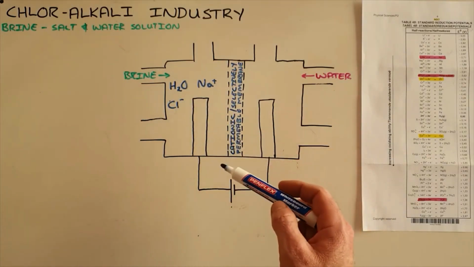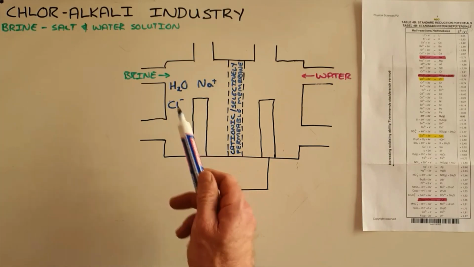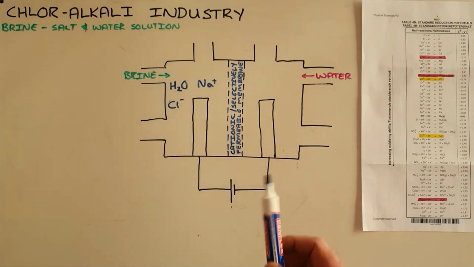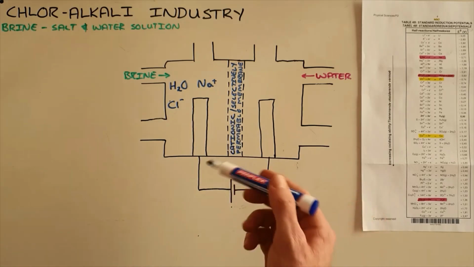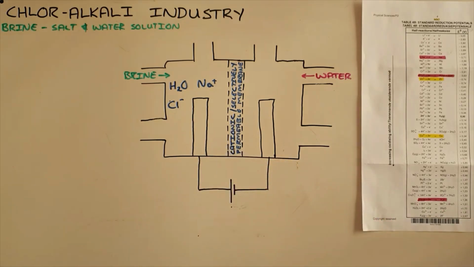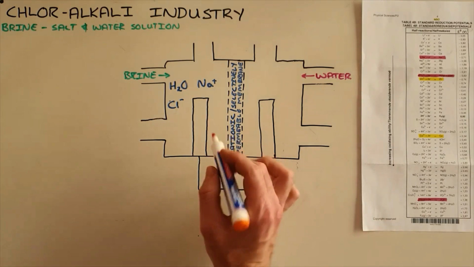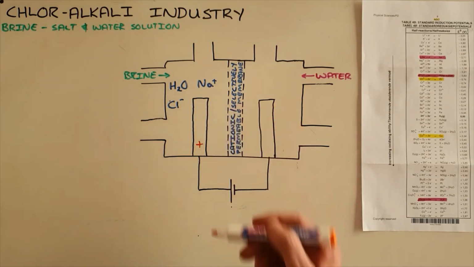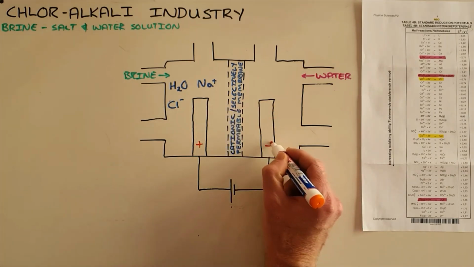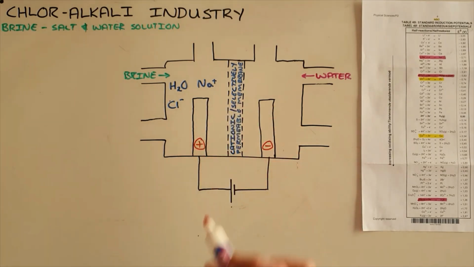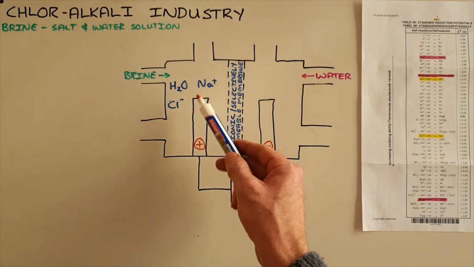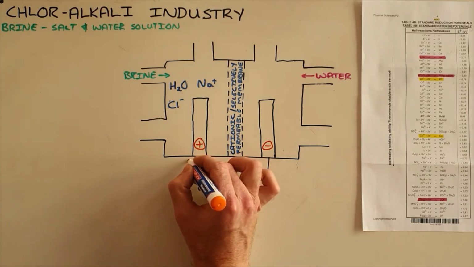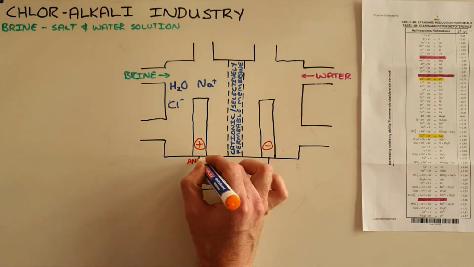This cationic membrane means that it only allows cations, positive ions, to move through it. Now what we find is that the way this is set up, this electrode over here is connected to the positive terminal of the battery, which makes this the positive electrode, and this the negative electrode. And at the positive electrode, which in any electrolytic cell is the anode,